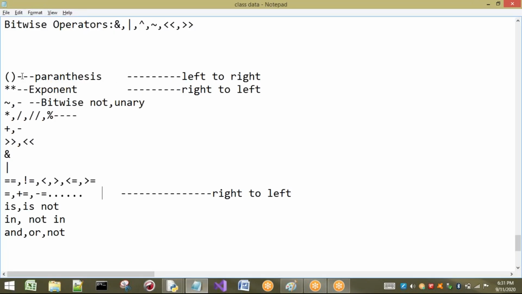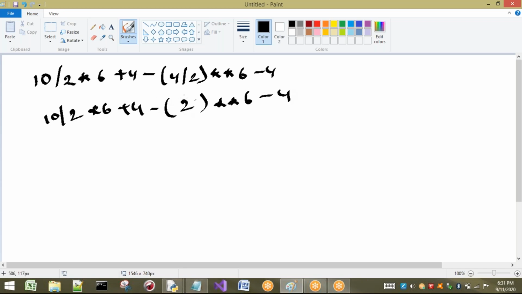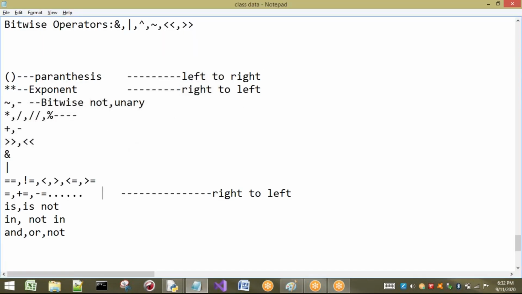So among these, first one is what? Parenthesis. That means among this expression, the first thing that is going to be executed is what? Only this one, first step. So the remaining I will write the same. So the first evaluated thing is 4 by, sorry, why 4 by 2? Because whatever is present in a parenthesis will be executed first. Okay, completed. Next, what are the symbols we are having? Minus, the subtract symbol. Next one is exponent. Next one is minus. Next one plus, into. Let us see what is the highest among those.